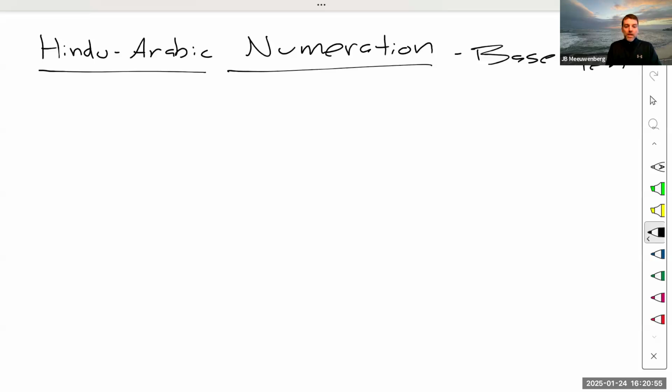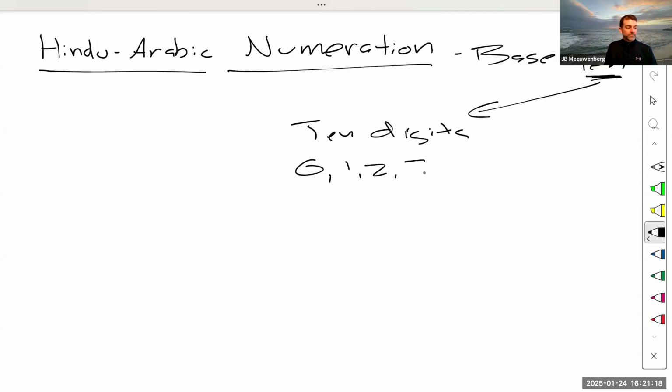Base 10. And the place value is determined by the position, just like we saw with the Mayans, the Babylonians. The position matters, and we have 10 digits, right? It's base 10, and we have 10 digits. 10 digits that we know and love, these, right? So every single number that we want to represent can be done so using those 10 digits and their position